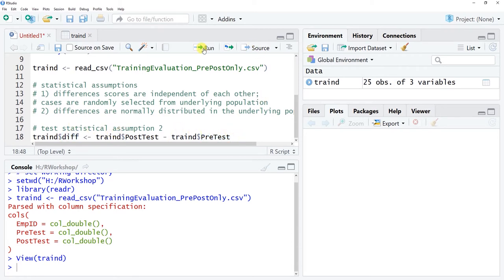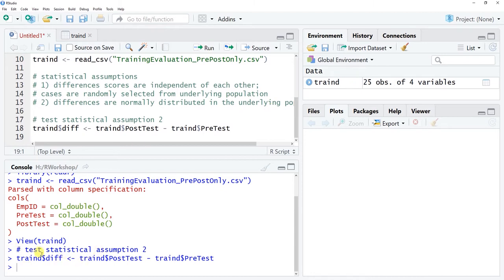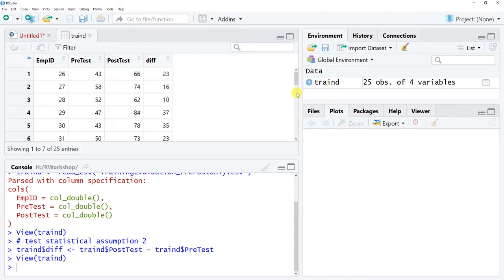So watch what happens when we run this. Well, blue means everything's good. Let's take a look at our data frame object here again by going to our global environment. Now we have a fourth column here, which is a new variable, which is our diff variable we just created. And here you can see those difference scores. So this is an increase of 23 from pretest to post-test. So it's just post-test score minus pretest score for this employee, and then you move down the list and do